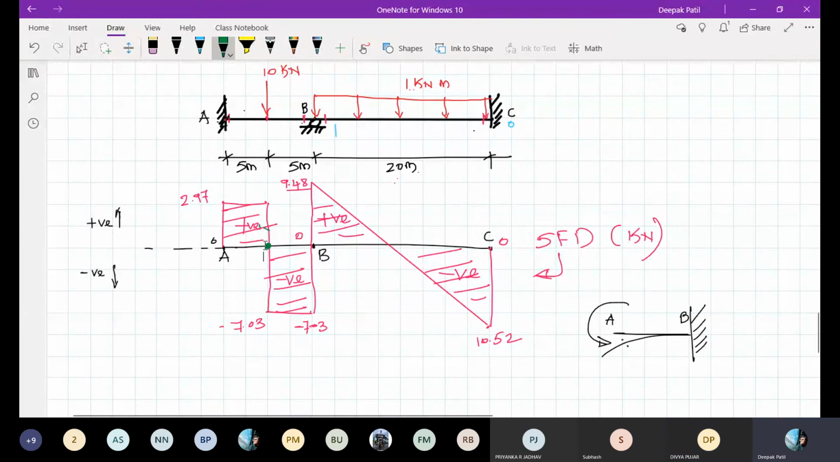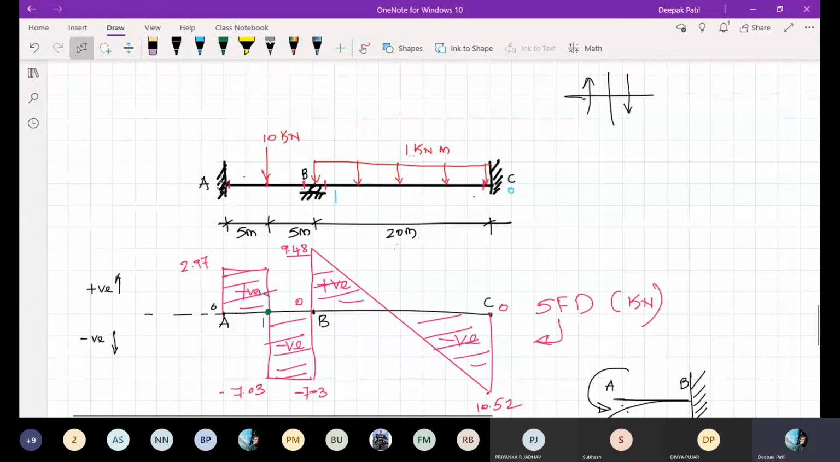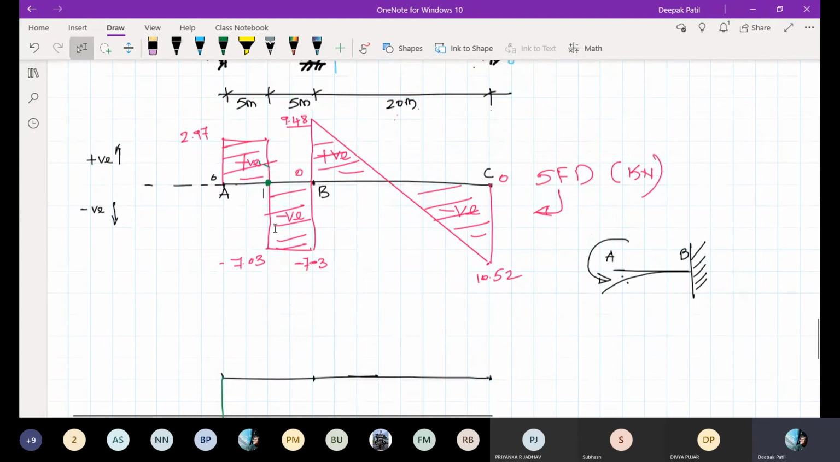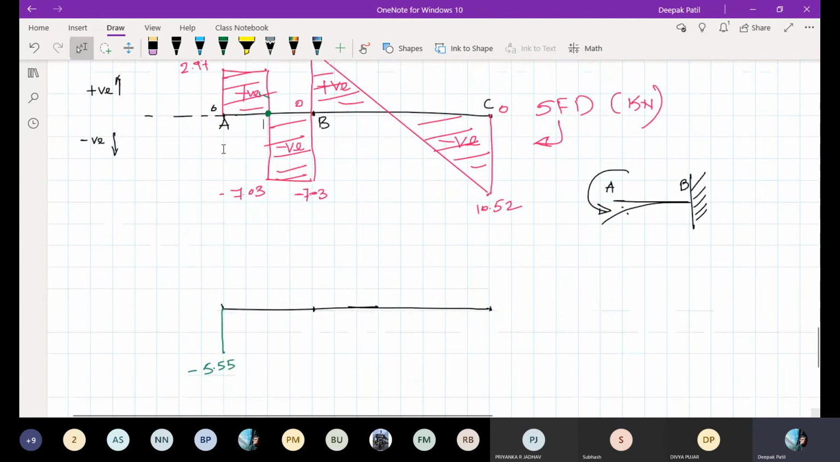So you need to find the bending moment at this point also. But from our equations, we have only found the bending moment at the supports. That is MAB, I know MBA, I know MBC, and I know MCB. But I don't know the bending moment at this point. So you have to find the bending moment at the middle point. It is very simple. You have to utilize the area of the shear force diagram. The bending moment at this point is nothing but the area of this shear force diagram